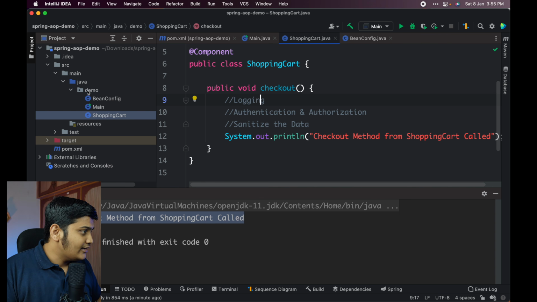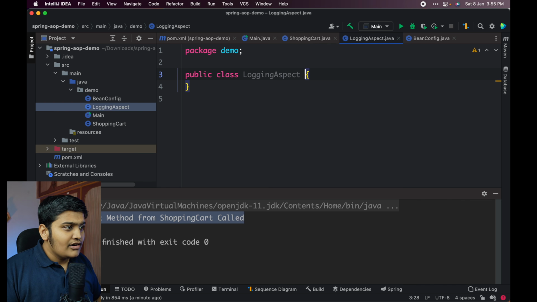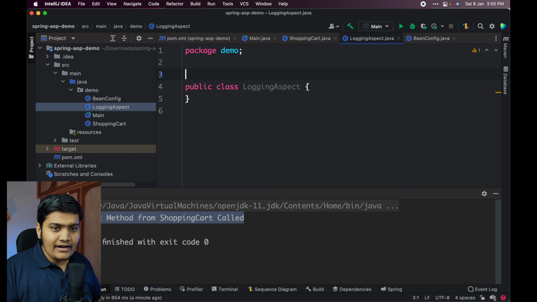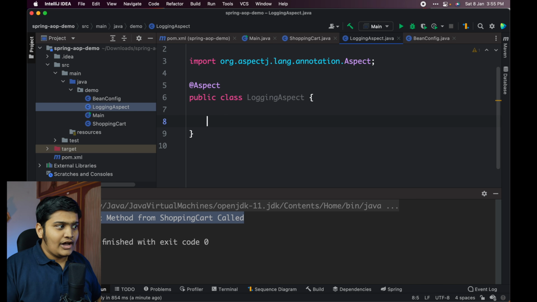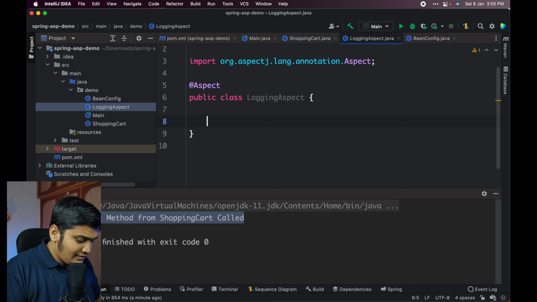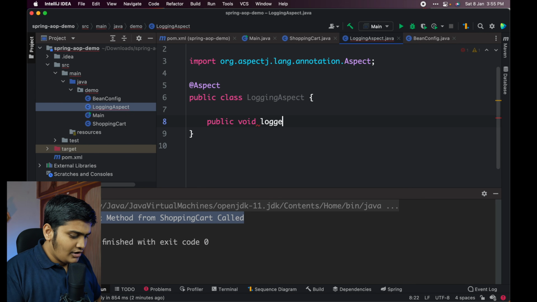Let's create the aspect. In the demo, let me create a class called LoggingAspect. Whatever aspect you have created, you need to annotate it with @Aspect. Now here you can create different methods that can be executed. If you create a method, suppose public void logger, suppose you want to add the loggers and you just added